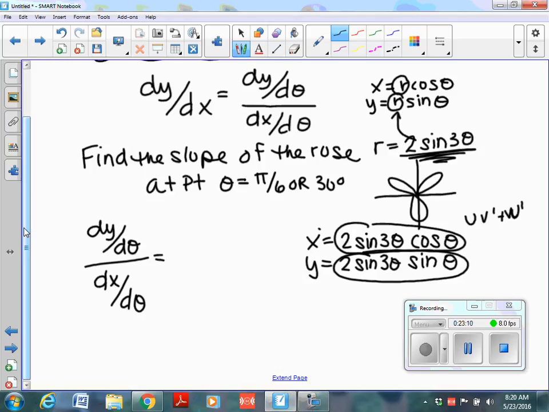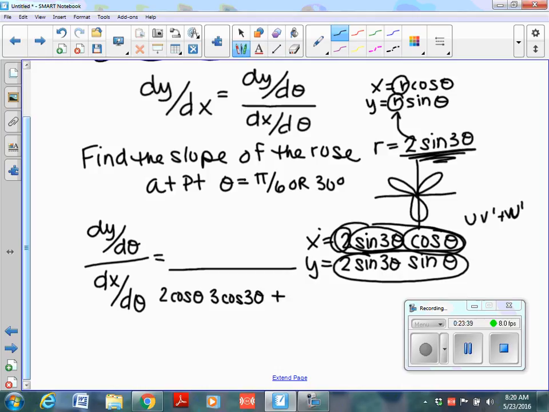So I'm going to put the 2 with the cosine of theta, that's my u, and this is my v. I'm going to take the derivative of x, which is 2 cosine of theta, my u, times the derivative of sine 3 theta. Put the 3 out in front, and the derivative of sine is cosine,